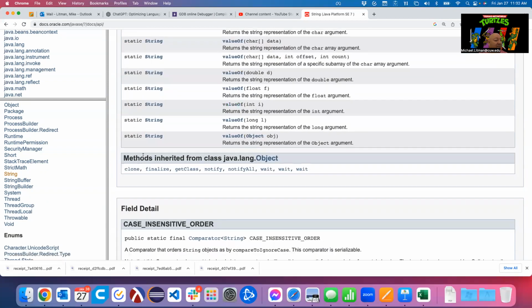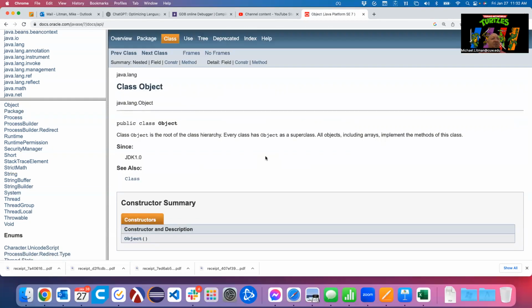We also then get methods that are inherited from something else. Okay, we're going to talk more about this as we get into it, but just like in C++, even though we didn't focus on this aspect of C++, all object-oriented languages have a core top-level object usually called object. Sometimes it's a capital O like it is in Java. It's a lowercase o in C#. I think it's a lowercase o in C++, but whatever. So this is the most generic of objects. This is what it takes to be an object. All right.